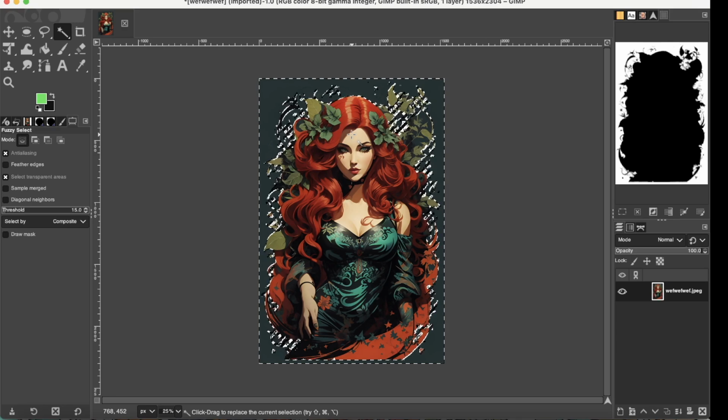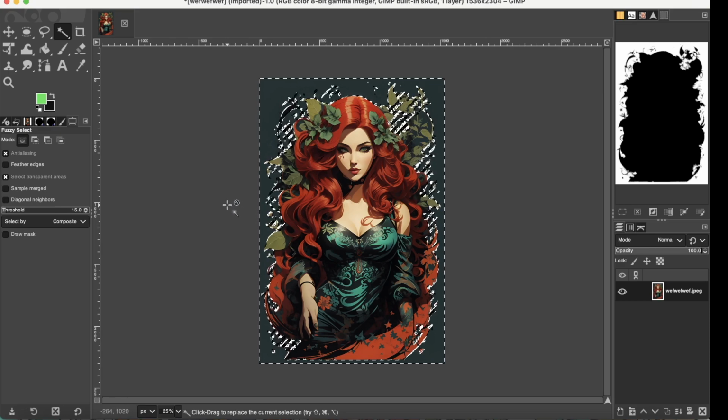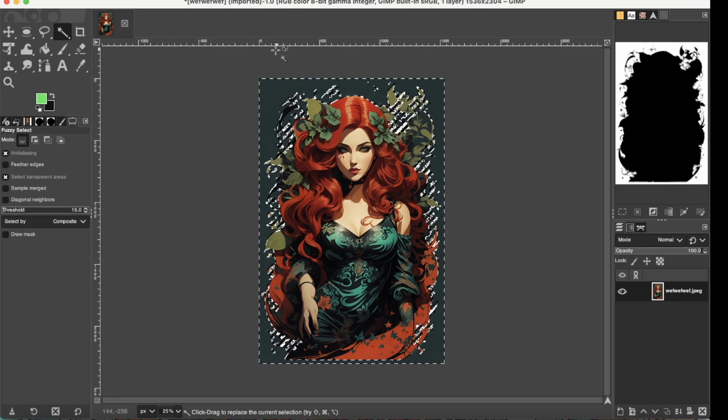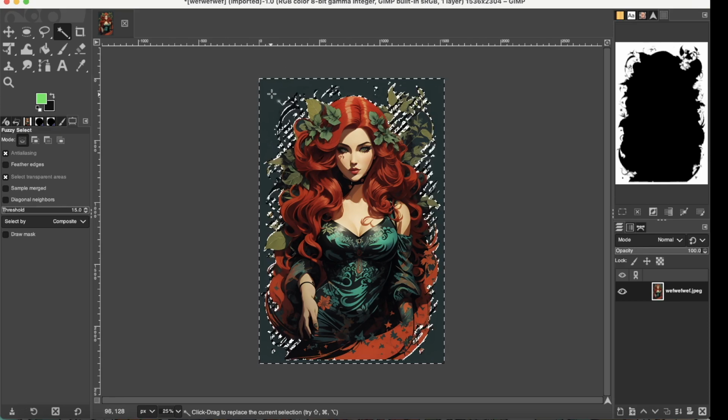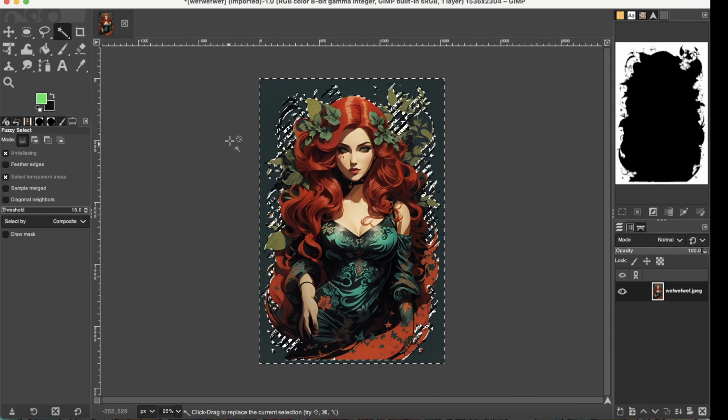Because of that denoiser. The reason why the denoiser is so important is because when GIMP selects a color and Fuzzy selects it and selects the whole thing, it's selecting it based on the color separation. So if there's a section here that's a little bit darker than the rest of the background, it won't be selected. But because I turned that denoiser all the way up, and I'm not sure if my screen recorder picked it up, but because I turned it all the way up,